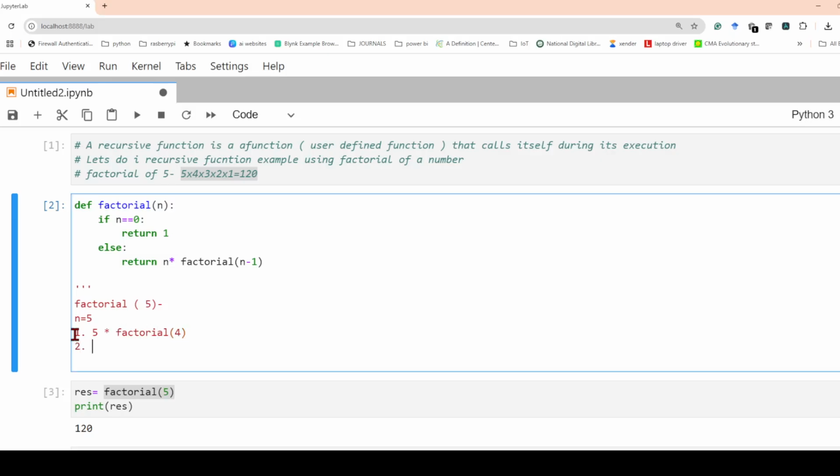In step 2, the 5 multiplication is there, and we will try to find the value of this factorial 4 that is being called, so the value of n becomes what? Okay, so here we will write at step 2 the value of n is equal to 4, factorial of 4. Okay, when the value of n is equal to 4, in this case what will be my final